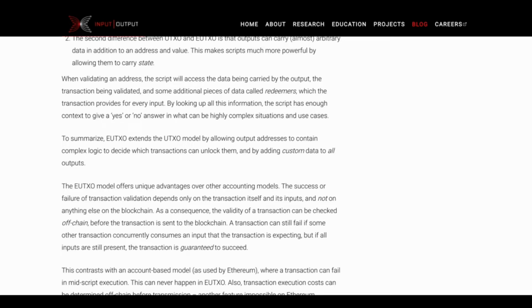If they're trying to do a double spend transaction, it'll still fail. But barring that circumstance, you can validate the transaction off-chain because the success or failure of the transaction depends only on the transaction itself and its inputs and nothing else in the blockchain. So you remember from our first discussion of UTXO versus EUTXO versus account balance, that's Bitcoin versus ADA versus Ethereum,